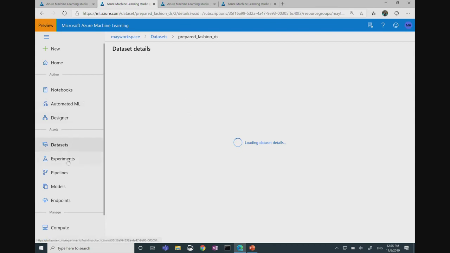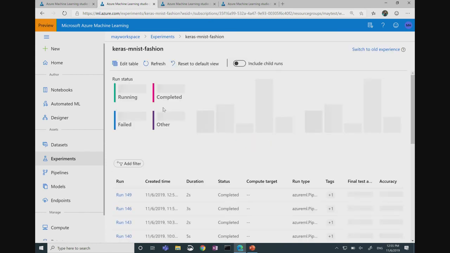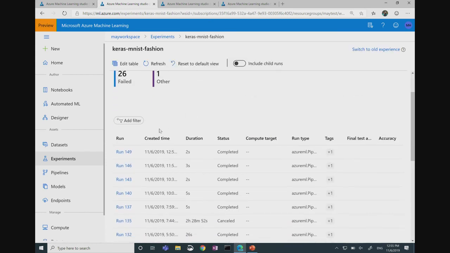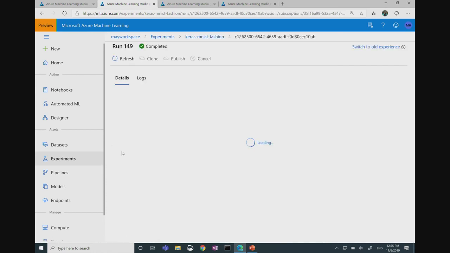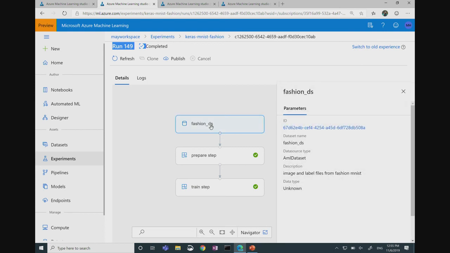And then I can go to the experiments tab, where we have the fashion experiment we just submitted. This lists down all the runs I have submitted under this experiment, and if we click at the latest run, it is already completed, and here you can see the pipeline graph with dataset as the input, which is the fashion DS we used, and the two-step pipeline with preparation step and training step.